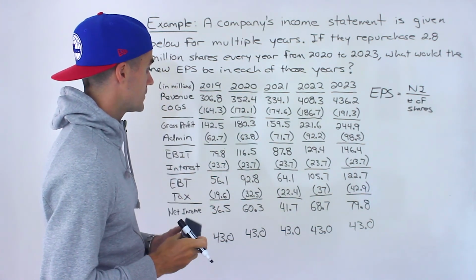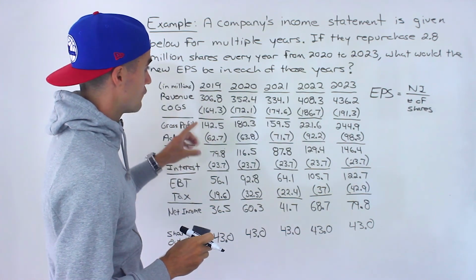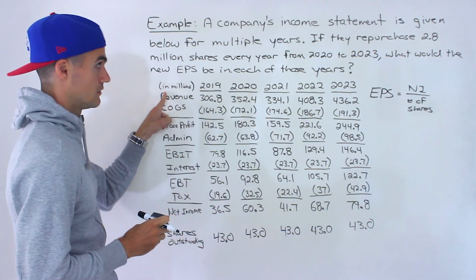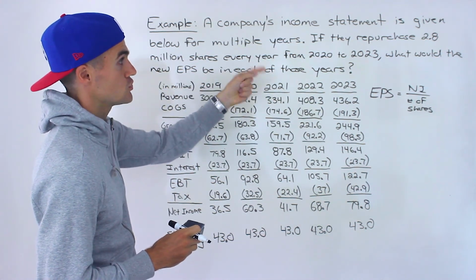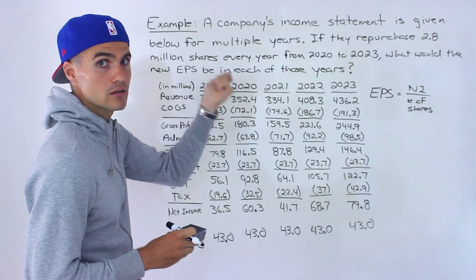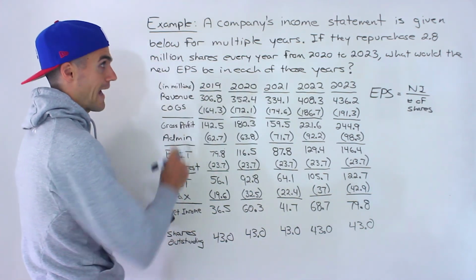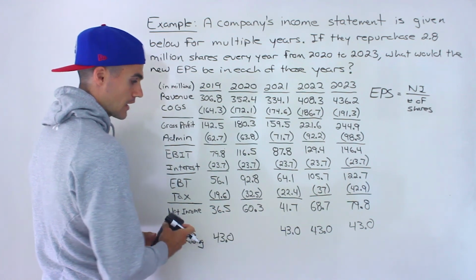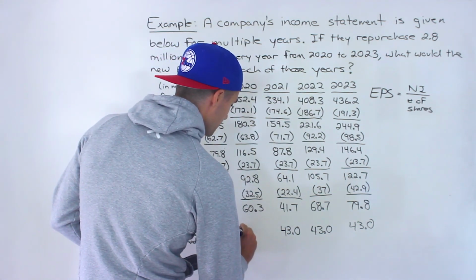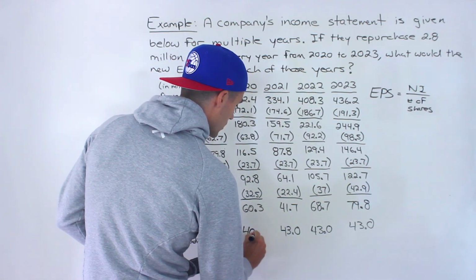So the company would have 43 million shares outstanding, but in 2020 they start repurchasing 2.8 million shares every year. So after the repurchase, what would happen in 2020? It wouldn't be 43 anymore. It would be 40.2